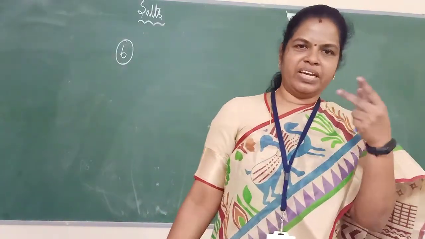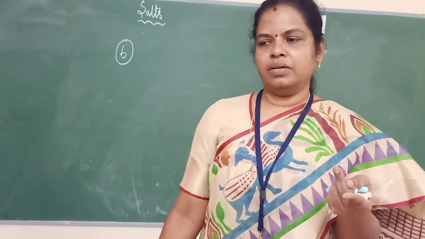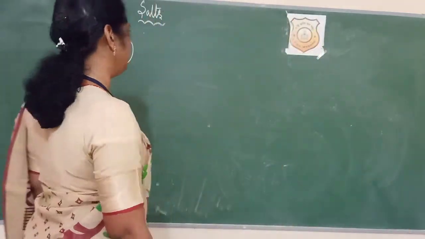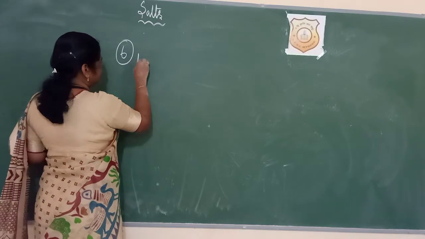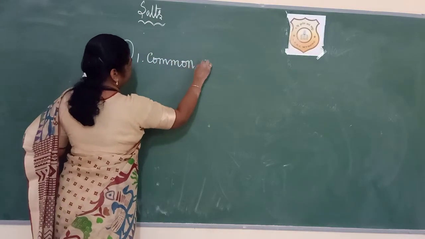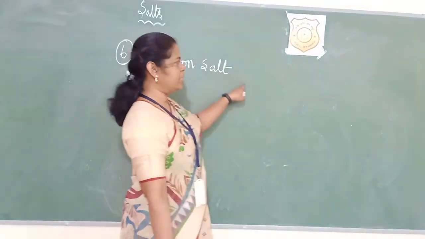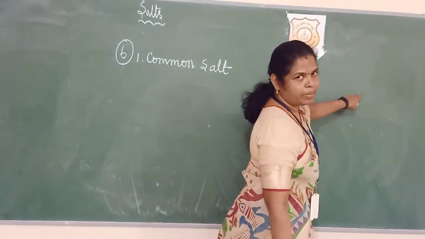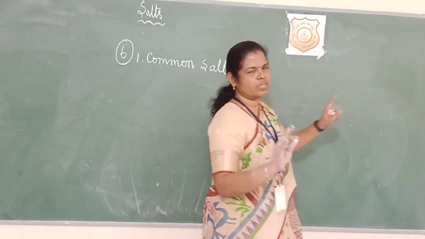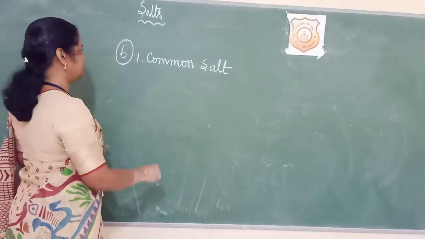Today you keep rewinding this, rewind it again and again, and tomorrow when I do this chapter, you should be able to tell me what it is. See, first salt we are going to study is common salt. For all the salts, we are going to study the common name, chemical formula, preparation and uses, all the 5. So it will be a little confusing for you. So all the names should be clear, then it will be easy.